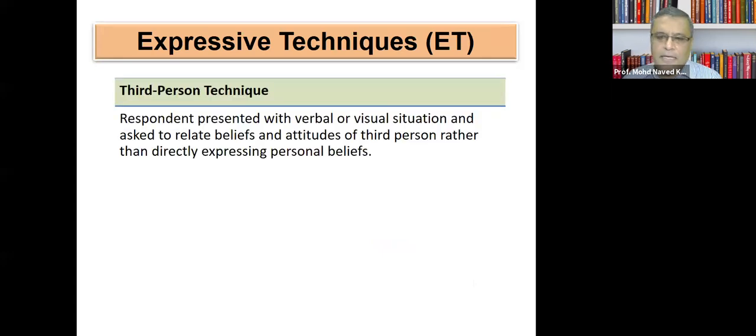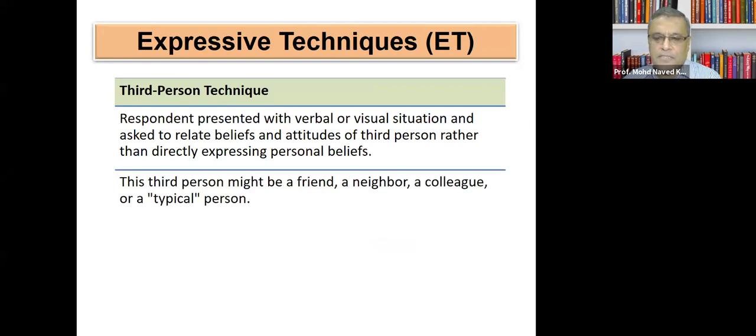Now, in the third person technique, as the name itself indicates, the respondents will be presented with some situations. They can be verbal or visual situations, and then they will be asked to relate the beliefs and attitudes of some other person, some third person, rather than expressing their own personal beliefs regarding that visual or verbal situation. This technique generally is being used when we want to get feedback regarding things regarding which